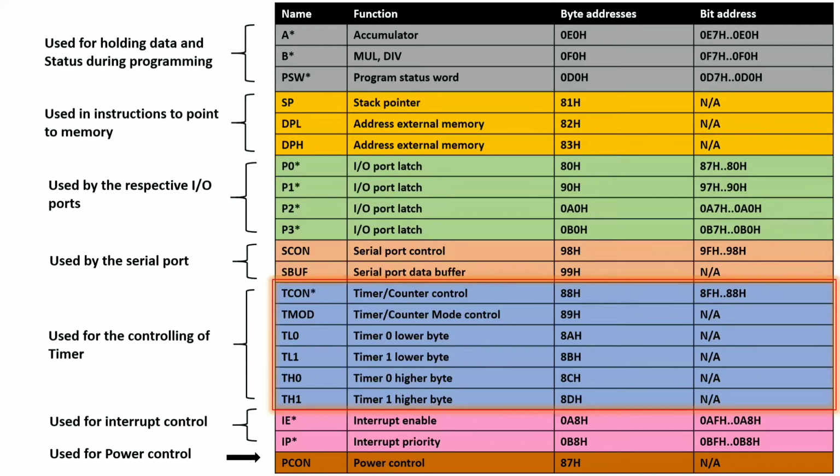Okay. That is nothing but your timer 0 lower byte register, TL0, and there is a timer 1 lower byte, that is your TL1, and TH0. TH0 is timer 0 higher byte, and there is TH1, that is timer 1 higher byte. Okay, these are the 4 registers for your timers, and timers will be operating in 4 different modes. Okay, mode 0, mode 1, mode 2, and mode 3. To control the timer modes, we will use one register called TMOD, timer or counter mode control. Okay, and there is another register called TCON, timer control.